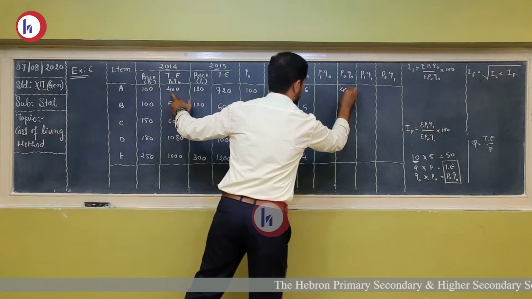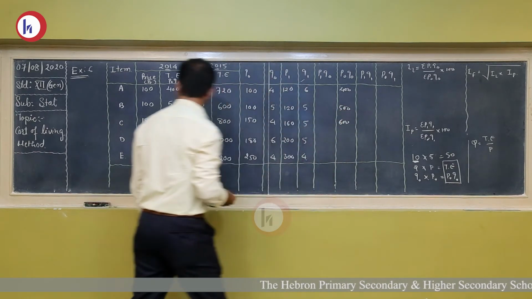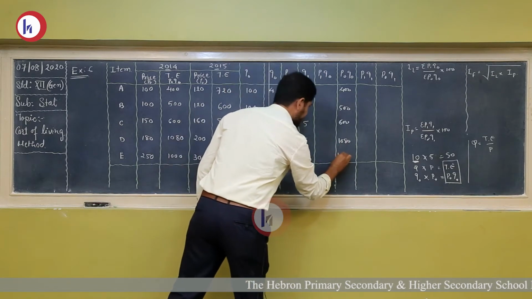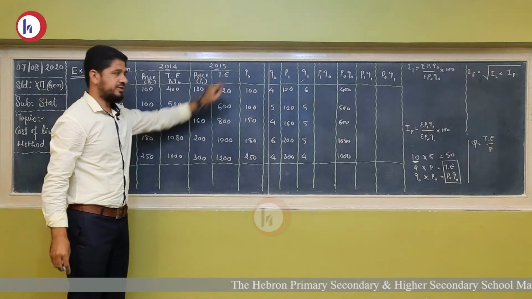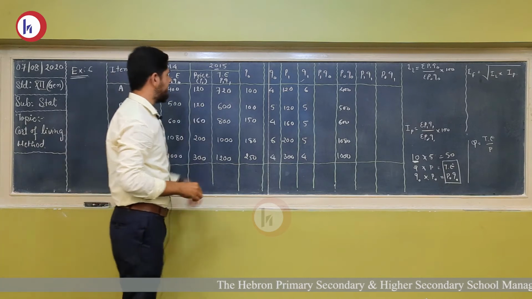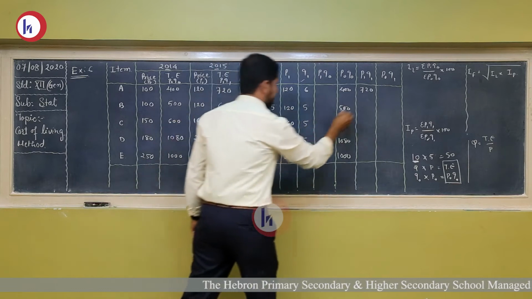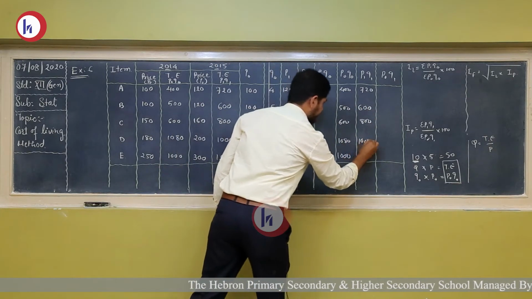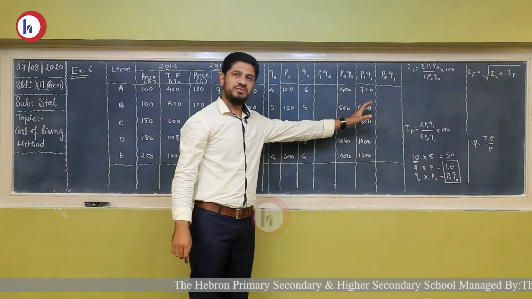So 400, 500, 600, 1080 and 1000. The total expenditure of the current year is nothing but the product of P1Q1. So let's copy this value into the further column. So 720, 600, 800, 1000 and 1200. Now we need only two more columns to multiply, right? So the first column is P1Q0.